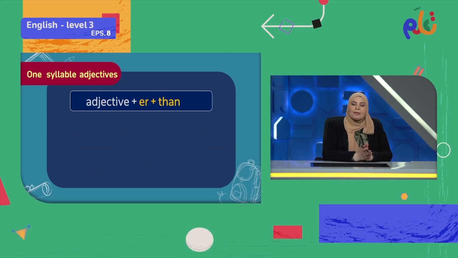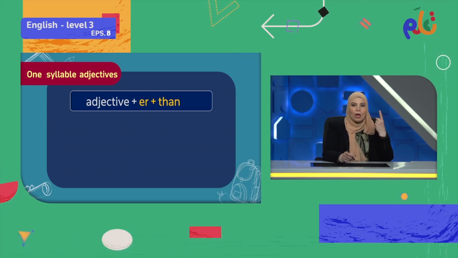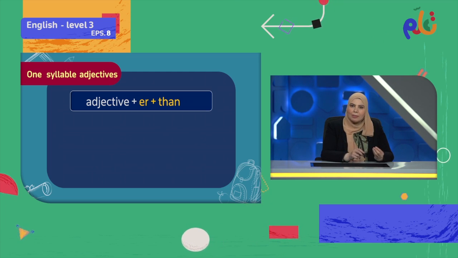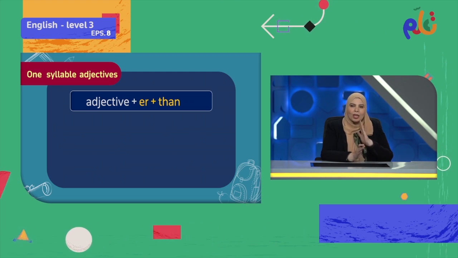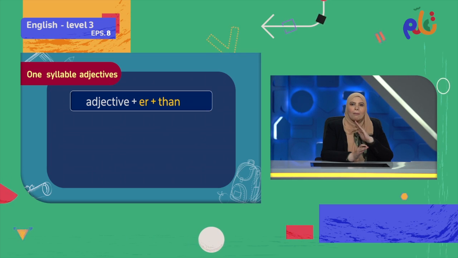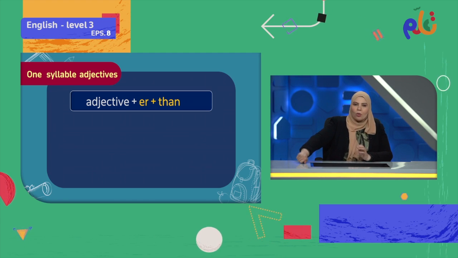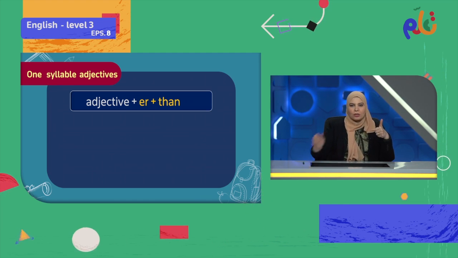So the first thing that we speak about is if I have one syllable adjective. يعني إيه one syllable؟ one syllable يعني أنا لما باجي أنطقها بقولها one shot. بقولها مرة واحدة من غير ما أقطع الكلمة على كذا part. So when we say hot, hot بقولها مش بقطع. So it comes out one shot. So this is called one syllable, hot.